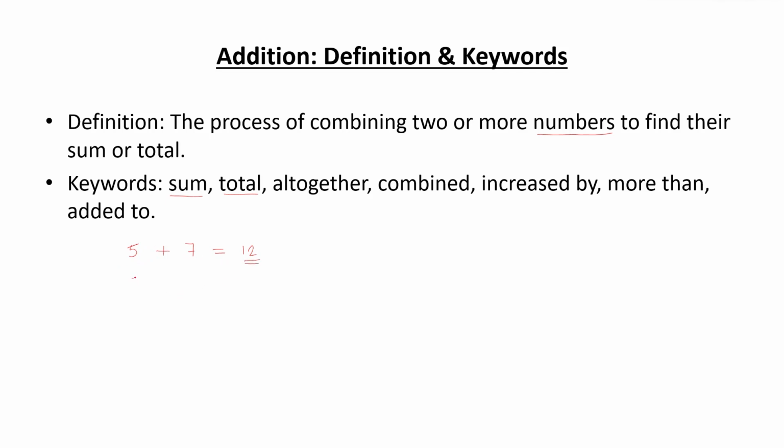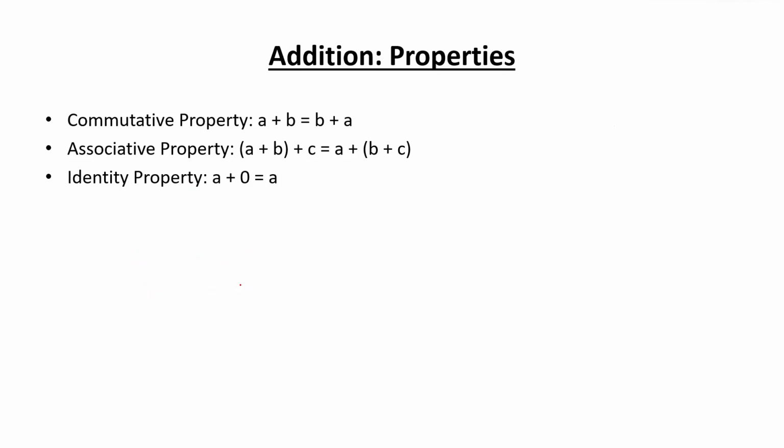Similarly, let's say you have a number 5 and on the other side you have a number 1. Addition means it becomes 6. So the total of 5 plus 1 is 6. Now next, we are going to see some basic properties of addition. The first property is, let's say if A and B are two numbers, then while you add A plus B or B plus A, you will get the same result.